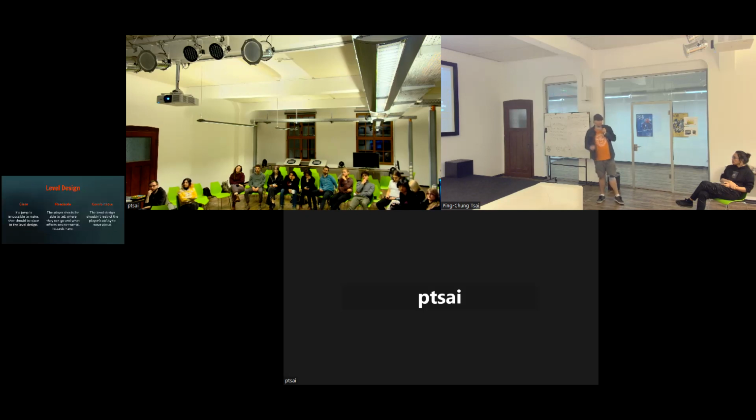Yeah. Now, moving on from the camera, the level design should be clear, readable, and comfortable. What does that mean? Well, it should be clear if a jump is possible or not. It should really be like, hey, you can do this, you can't do this. It should be readable, as in the player should be able to tell where they can go and what effects environmental hazards have. And it should be comfortable in the sense that the level design should restrict the player's ability to move about.